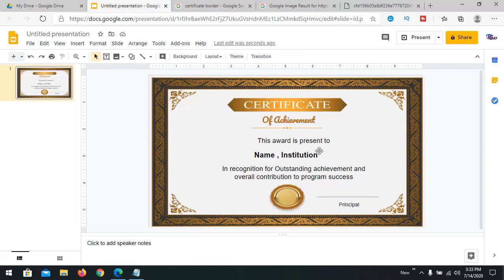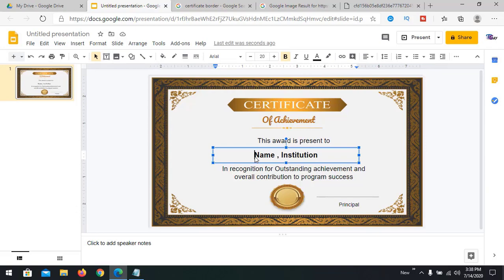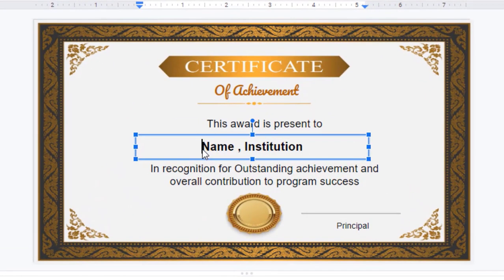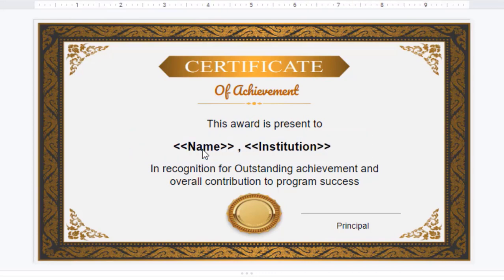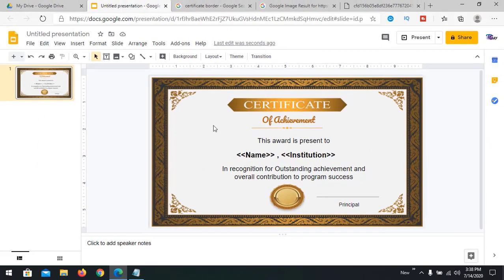Now, what is important in this: this value like name or institution or whatever you are pulling from Google Forms needs to be in double less than and double greater than signs. So we have done with this. We are going to save this. We are giving it the name certificate for achievement. We have done with this.